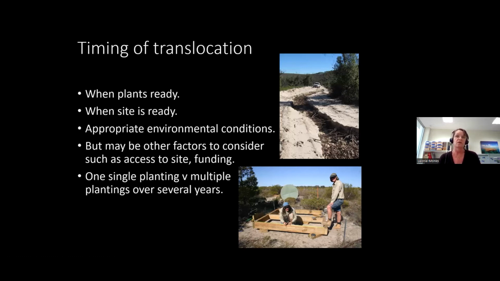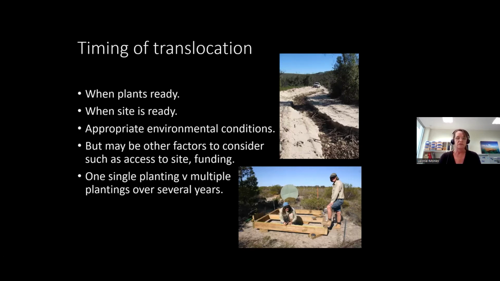So for us also, how we access the site in wet soil conditions is particularly important because Phytophthora is a big issue for us. So we might need to alter how we access the site to avoid patches where we're worried that Phytophthora might be, or going through large muddy puddles and things like that. Those sorts of things you need to take into consideration as well. And also for us, and it might be the case for a lot of other people, funding is another factor that influences when we do planting. We often need to acquit accounts before end of financial year, which means we're planting at the start of May to ensure that that's done ahead of time.